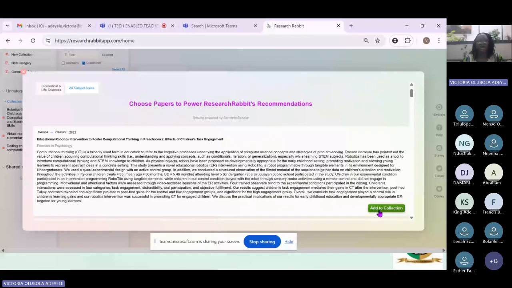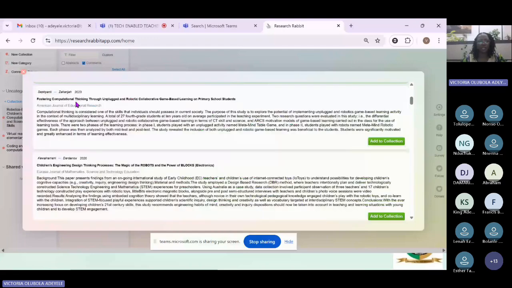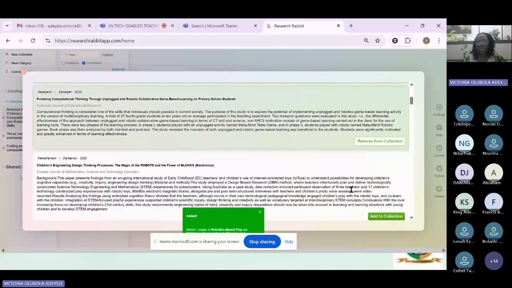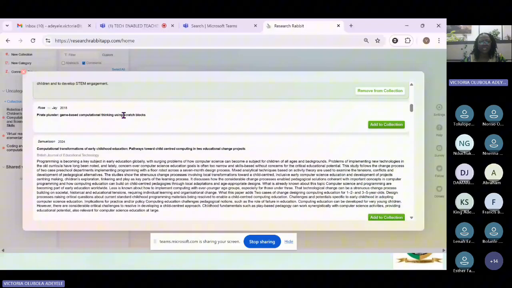I've created a folder for my collection. This is another research on fostering computational thinking through unplugged and robotic collaborative game-based learning on primary school children, which is of interest to me. I'm adding it to my collection. I have another one, children's engineering design thinking process, which is still on computational thinking. I'll add it to my collection. Okay, this is Pirates Blunder, game-based computational thinking using Scratch blocks. Of course, I couldn't read the